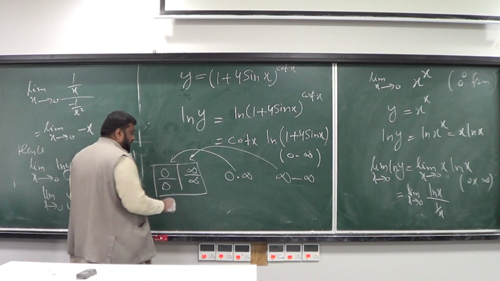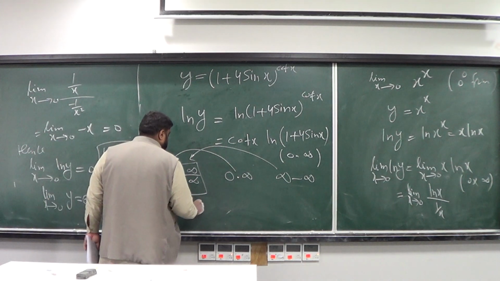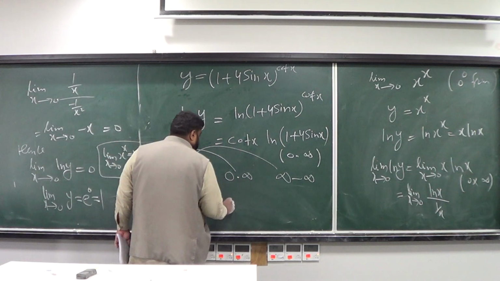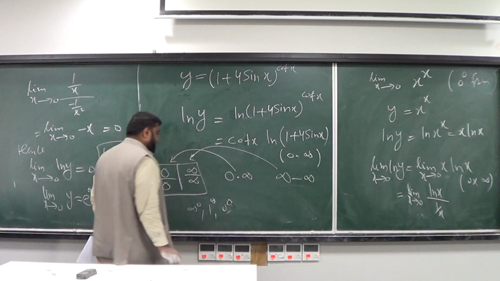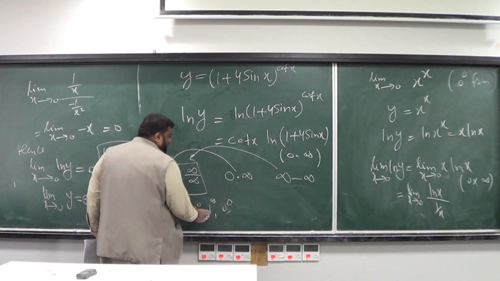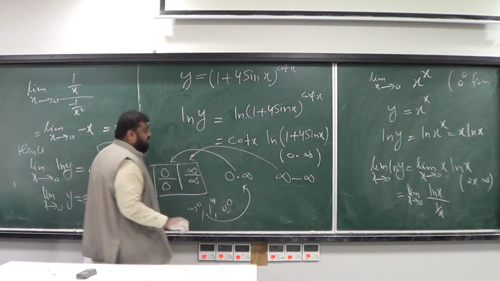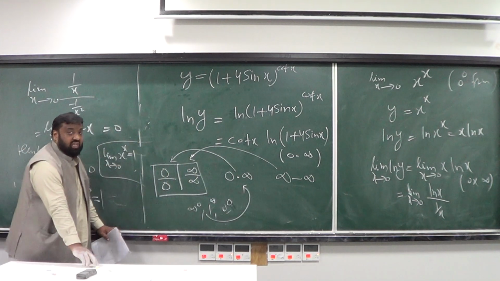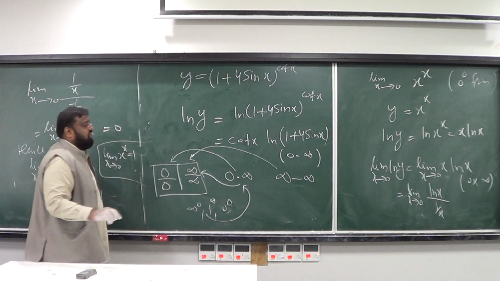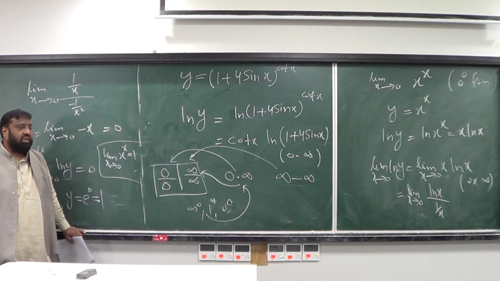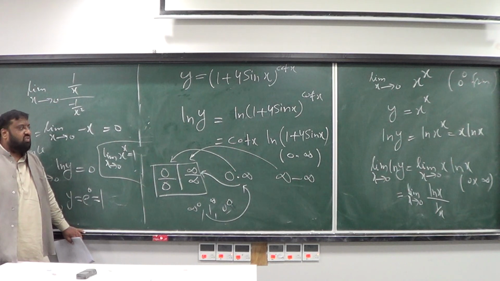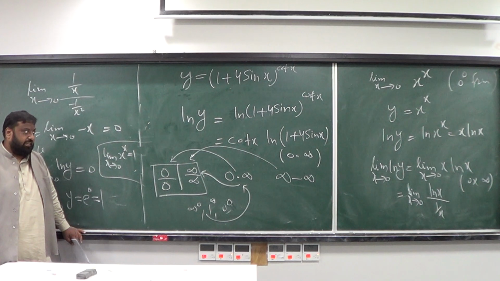And if you have infinity power 0, 1 power infinity, or 0 power 0 form, then by taking log you will convert it into such a form, and then convert that into 0 by 0 or infinity by infinity form. So that really is the map, and then compute the limit using the